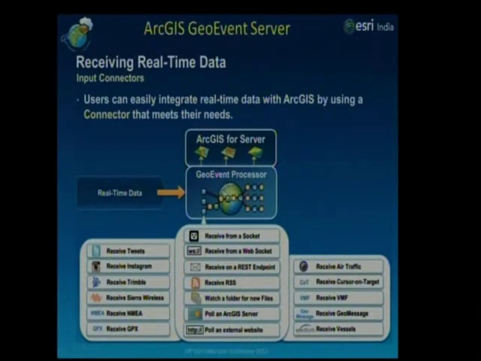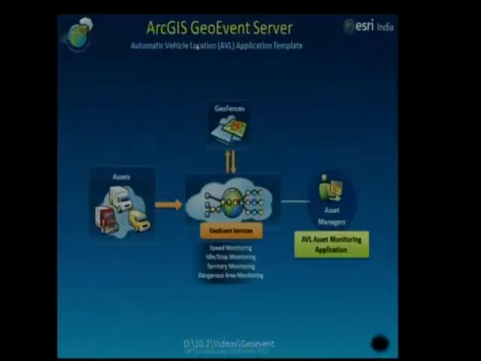You can even receive from GPX, which basically supports your GPS services. Then after your analysis, or if you want the live feed to be traced, it can be sent out to a feature class, or an email or an instant message can be generated out of that. The best part is, when I look into a GeoEvent application on the vehicle tracking part, here you can see there are assets which are moving in the field, and they are continuously streaming in their information. This information is coming to my server where it gets processed, and the ultimate output or the service can be given as a web application or as an application viewer, which you can view anywhere.